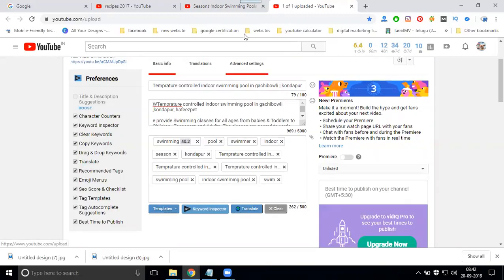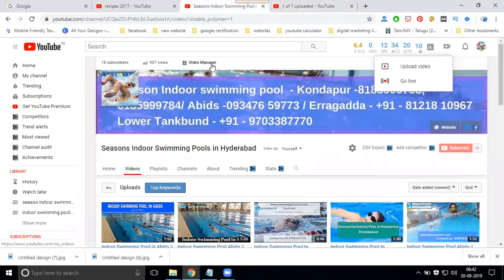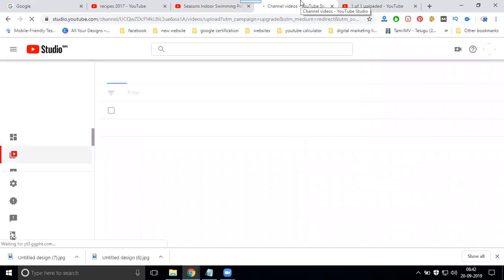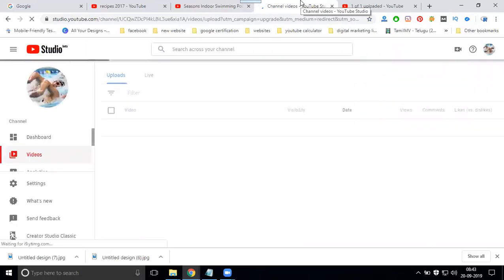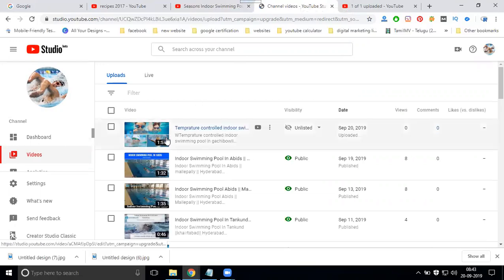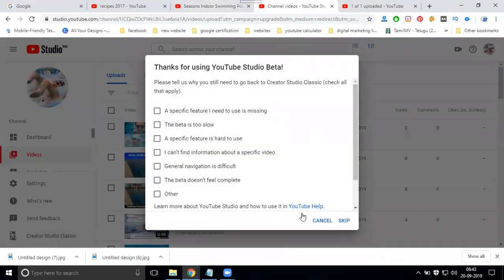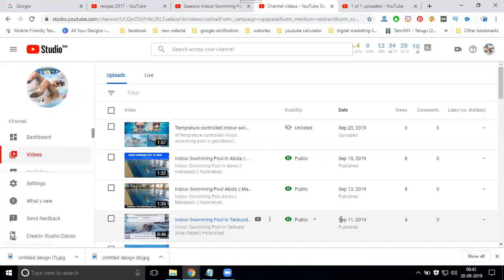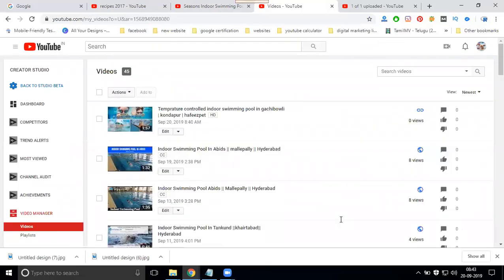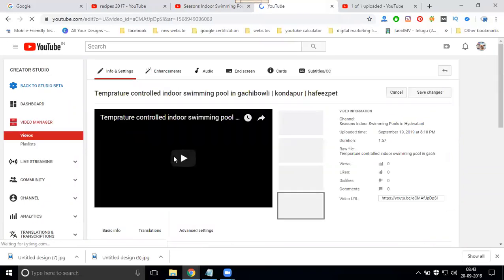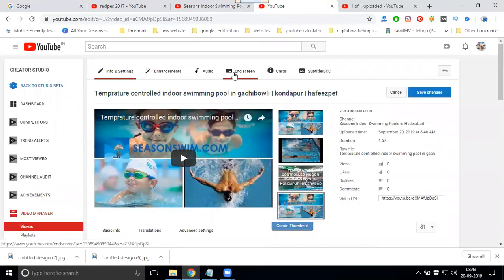Before publishing any video, first of all, we have to finish the video. Three options are important: end screen, cards, and subtitle. Before we do any publishing, we have to finish end screen, cards, and subtitle. First, you can go to your classic version. You can use the new version also, but classic is very user friendly for any new user. First of all, in your YouTube channel, Edit. End screen.